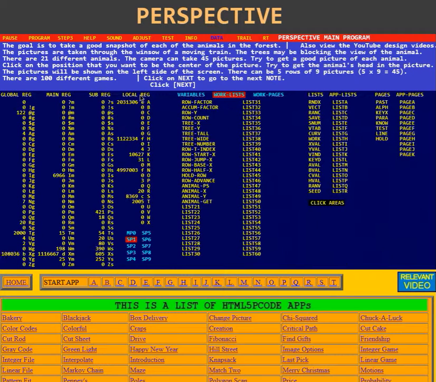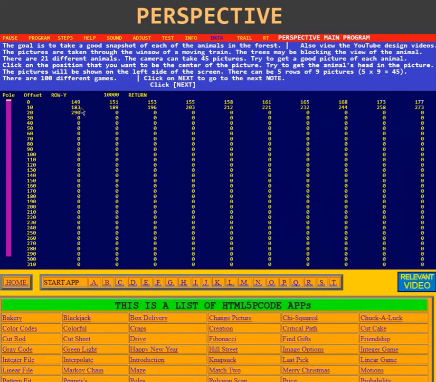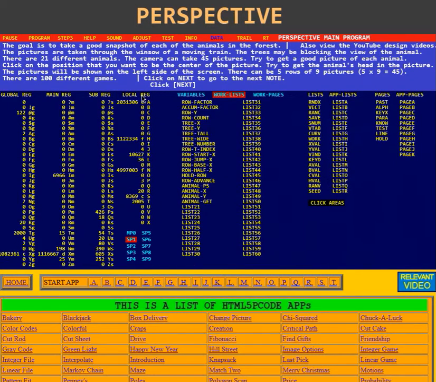Now we'll try another one. Well, the next one's the cumulative factor. We won't do that. But row Y, here's the Y positions. The first row of trees is down at Y 149. But the last row is Y of 290. And we have the row count. How many are in each row? We have the tree X value and Y value. So when it shows them on the screen and how tall and wide they're supposed to be, the tree numbers,